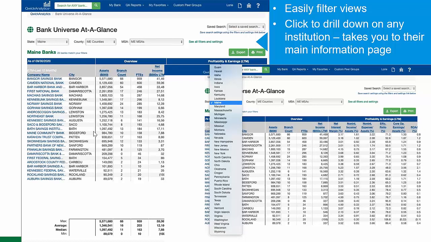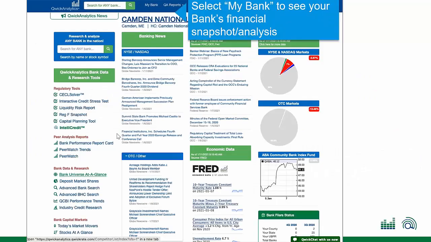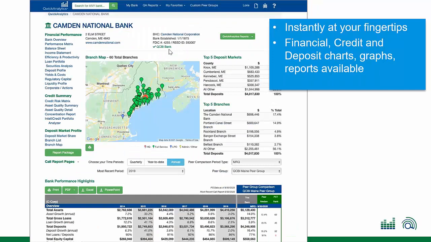We have a couple other ways to get at that information, but this is a very quick and easy way to access that. We also have the ability then to go down into your bank information, which you can either access by clicking on your bank name or the My Bank tab up here at the top of the page. When you click on those, it will bring you to a page that looks like this, and this gives you